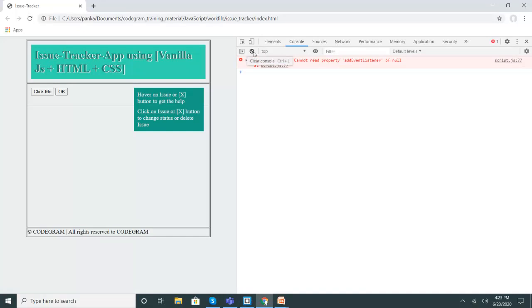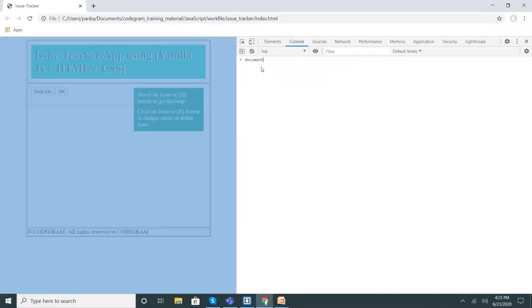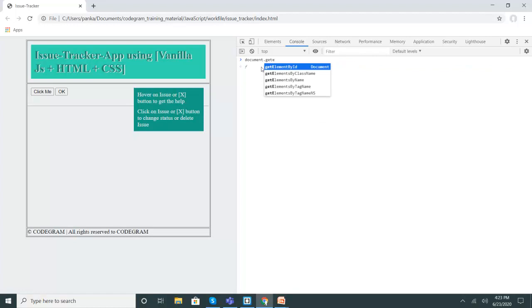Refresh this, go back here, and we have document.getElementsByTagName. Now with this getElementsByTagName, I do not want to get it by tag name, I want getElementById. Okay, getElementById, this we take. And here we have this test as an ID. Now see what will happen, you are getting only the test button over here, right?